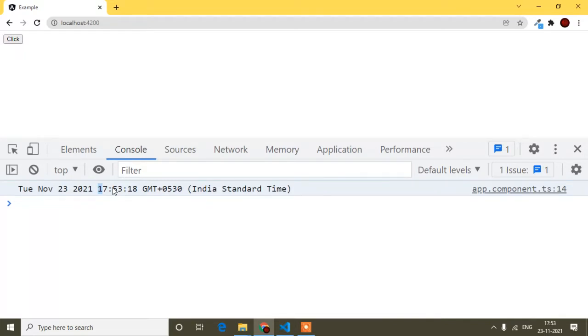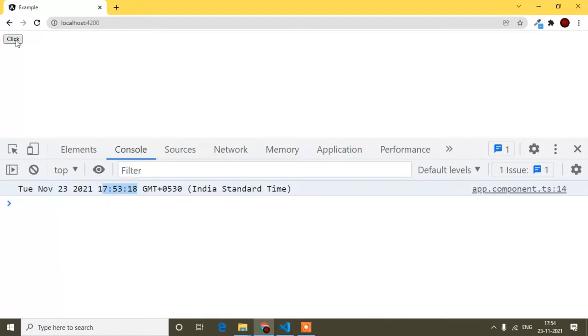If you are thinking how we can generate a unique ID using the date, guys, the date is always changing. Today is Tuesday, November 23. If I click tomorrow, the date will be changed, it will be Wednesday, November 24 2021. Now if I click this button again on the same date, the date will be the same but the time will change. So when I click, I will get a unique date and time.